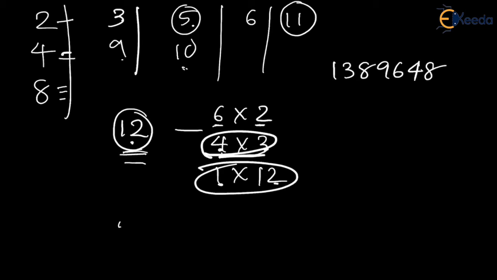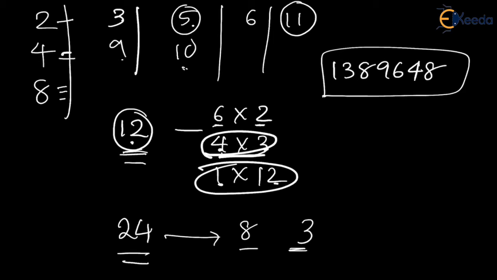Similarly, if I give you any other number, let's say 24, what is the co-prime factor of 24? Think of it. It is 8 and 3. 8 3s are 24. Of course, 4 6 is 24, 12 2 is 24, but it has something common between them. But 8 and 3 doesn't have anything common between them. So if I give you any random number, to check if it is divisible by 24 or not, you have to check if it is divisible by 8 as well as by 3. Then only it is divisible by 24.